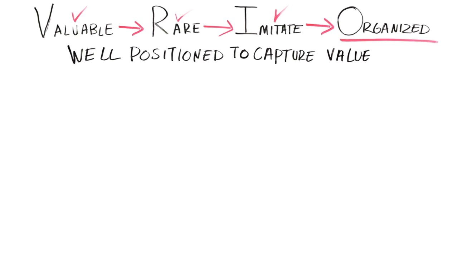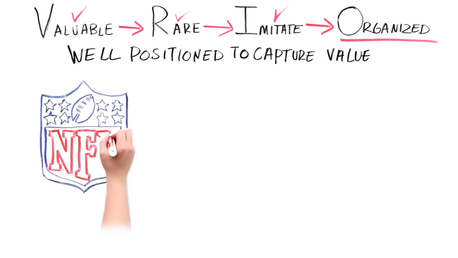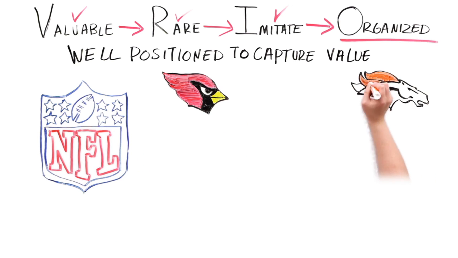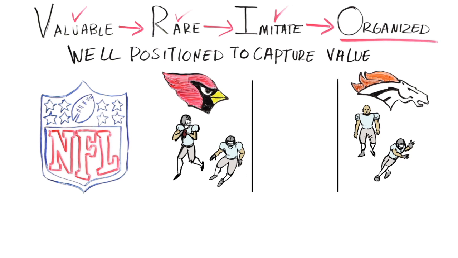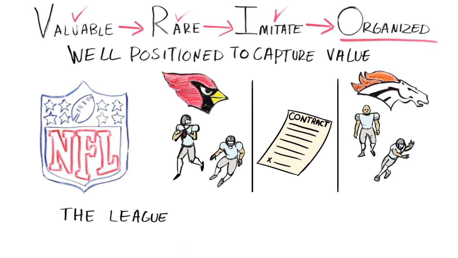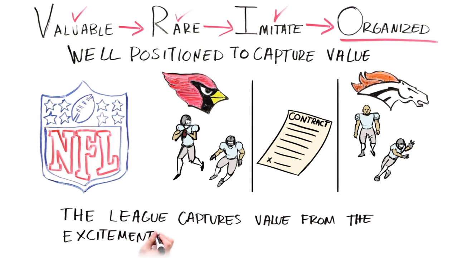Think for a moment about America's most popular sports league, the National Football League. The NFL creates value for its fans through maintaining similar skill levels on each team so that any team has a chance of winning on any given Sunday. In fact, 18 of the league's 32 teams have won the Super Bowl. The NFL preserves similar skill levels through its organization. The league, and not each team, negotiates media contracts. The league contracts with the players' union. The league holds a common draft, and so forth. The league, and not just a few teams in very big markets, captures the value from the excitement of professional football. This has been a quick overview